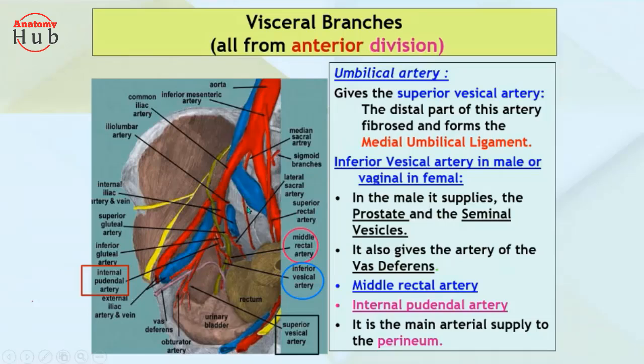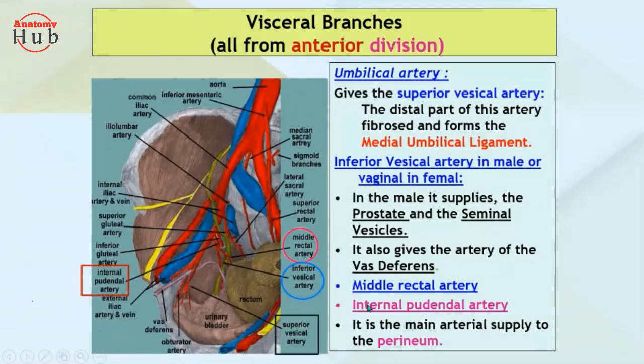So this ovarian artery supplies to the ovary and also supplies to the uterus. Along with that, from the internal iliac artery you will also find the uterine artery. That uterine artery will also supply to the uterus, the cervix part, and the upper part of the vagina, right?